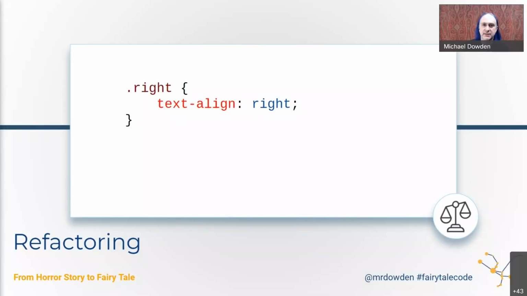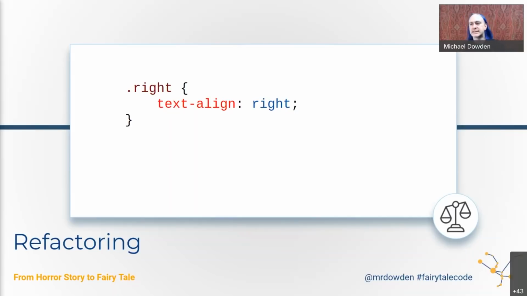Like I said at the beginning of the talk, one of the implicit design goals of most software is that it's easy to modify over time, right? So here's another example I've seen a lot. We have a CSS class called right. And in this particular implementation, it has been implemented as text-align: right. And one interesting thing I've seen over the years is that most of the CSS frameworks have some class like this implemented, but 50% of them implement it like this, and the other 50% implement it as float: right. So just because I see this doesn't necessarily mean I know how it's going to be used.